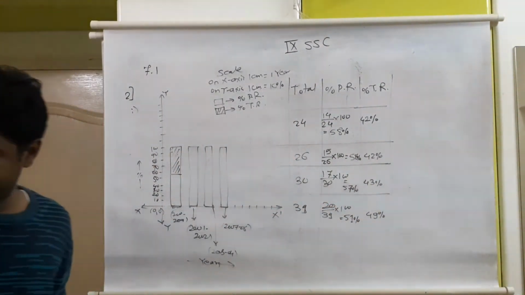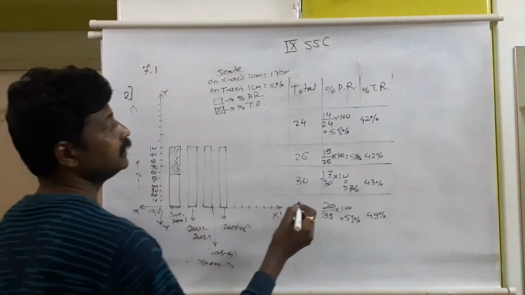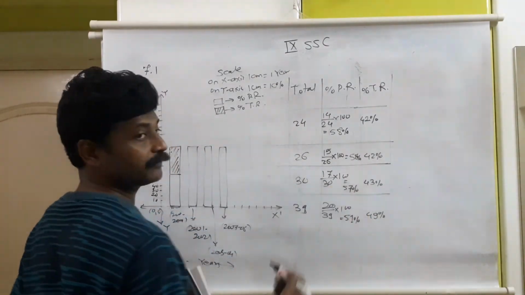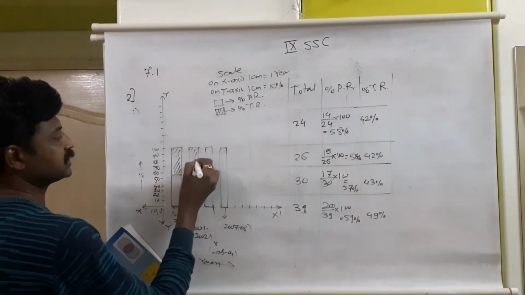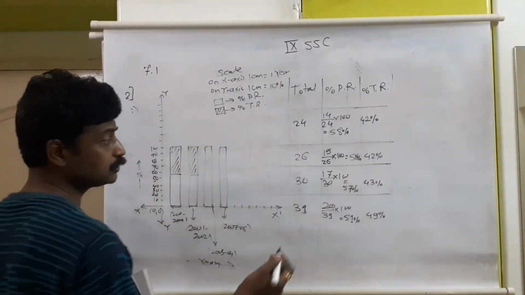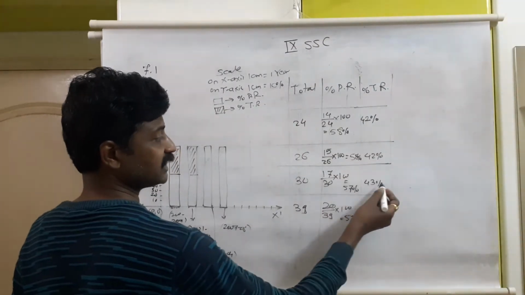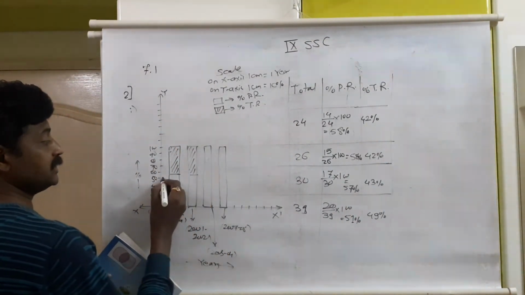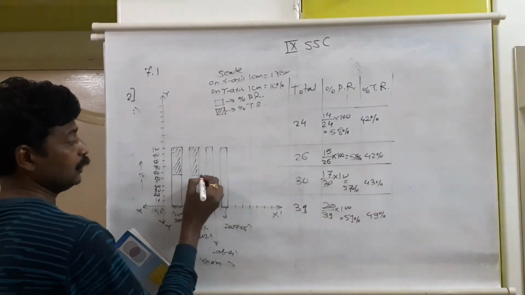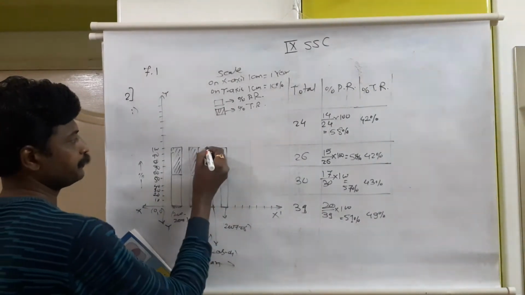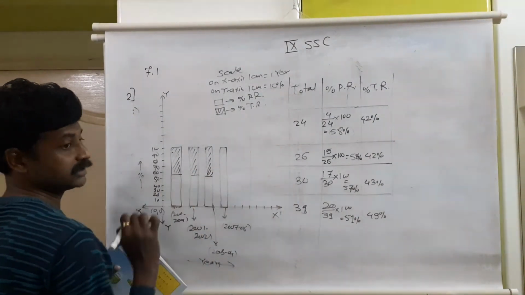Let us continue with the next year. Next year is 2001 to 2002, and the percentage here is the same, 58 and 42. No change in that. 58, 42 for the next year also. Next, 2003 to 2004, a little bit of change, 57 and 43. So 57 means after the 57th small line, a little change, one line down, 1 millimeter down, and the remaining is 43. Here it was 42, this is 43.